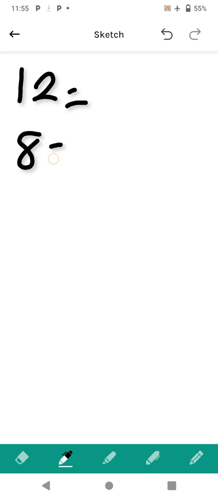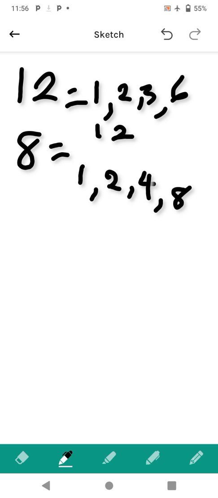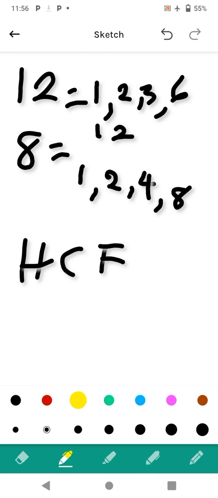Now, factors of 12, we have 1, we have 2, we have 3, we have 6, and we have 12. While factors of 8 will have 1, 2, 4, and 8. So if you check like we did before, our HCF is what we are interested in. Now, the factors that are common among the factors of 12 and 8: 1 is common, 2 is common,